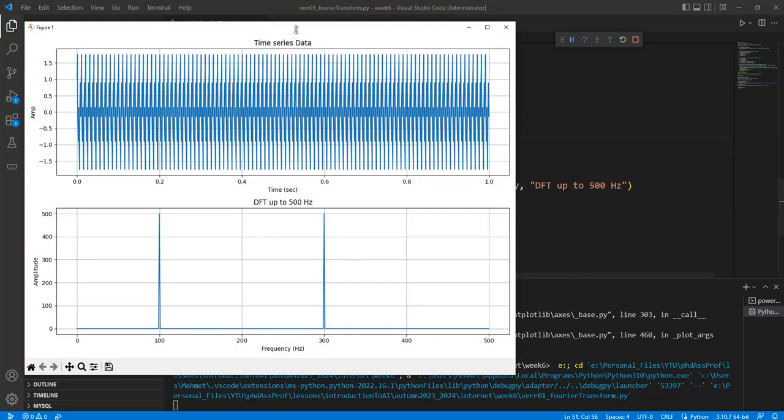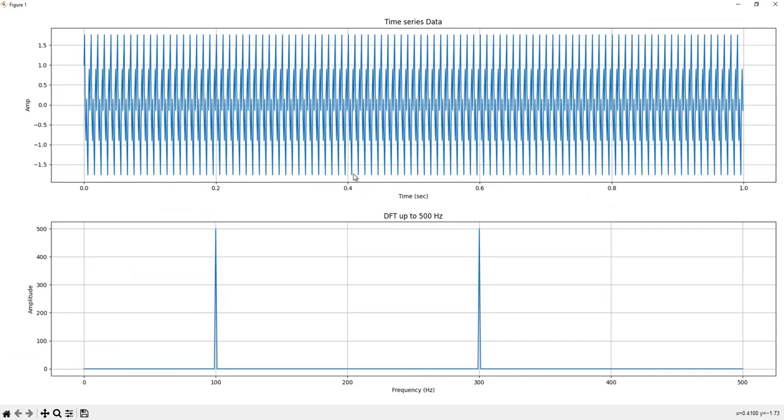So, okay, just see that we have the time series data in here like this one, but we have the 100 values peak at the amplitude of 500. And we have the 300 values in the 500. It's an arbitrary number for the amplitude, but just see that the upside signal is transformed into meaningful data. Which means that in your neural network application, you may not utilize this kind of signal,